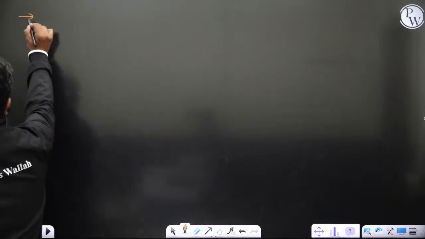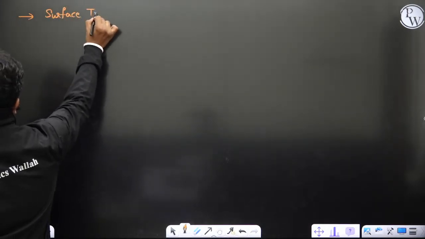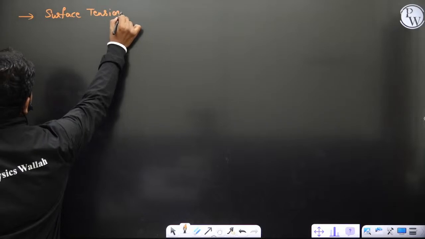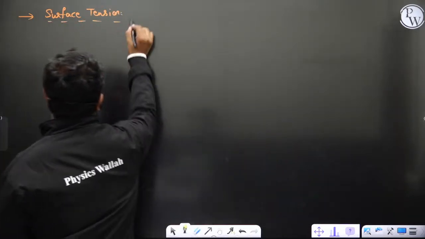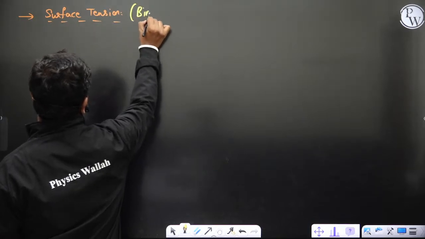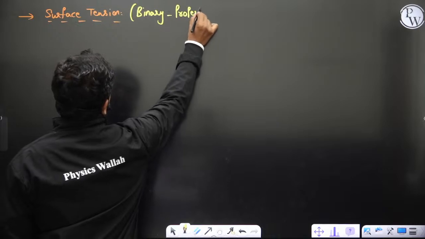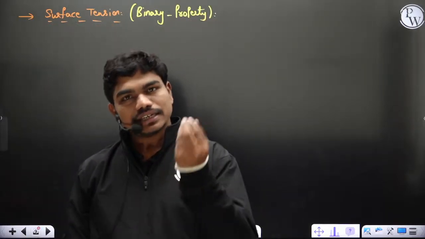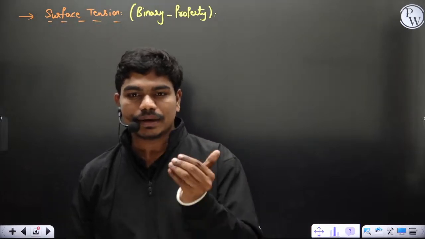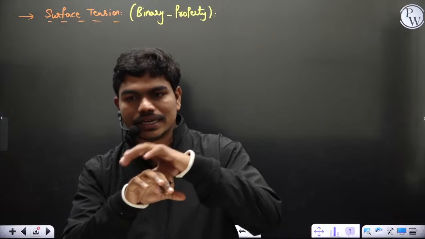Now one last property I would like to talk about is surface tension. Many times this is important. It is slightly special because it is actually a binary property. Like for example, density, dynamic viscosity and kinematic viscosity are individual properties of the fluid itself, but surface tension will depend upon the fluid and also